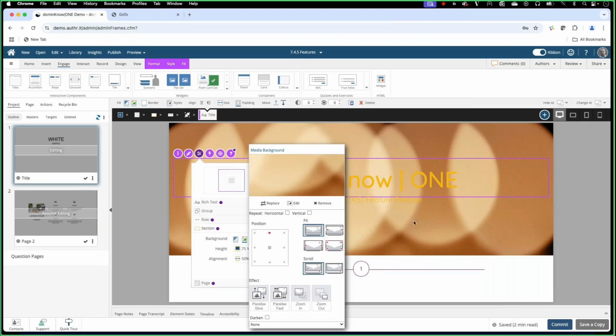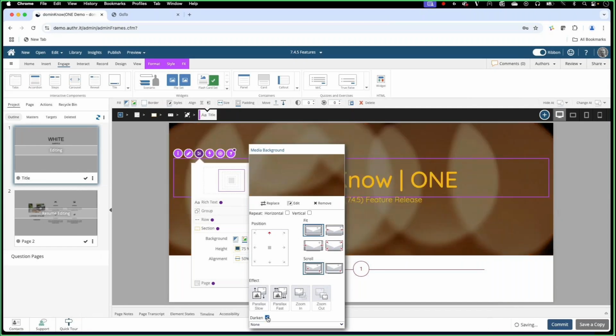Now it's been added, but you can see I've got the golden text that I need for my brand standard for title and subtitle, but there's not a lot of contrast. The image is very similar in tone and it's hard to read. So a small thing, but really nice to have added, is this new darken option, automatically adding a dark filter on the image so that in this case I get more contrast and my titles punch out further.